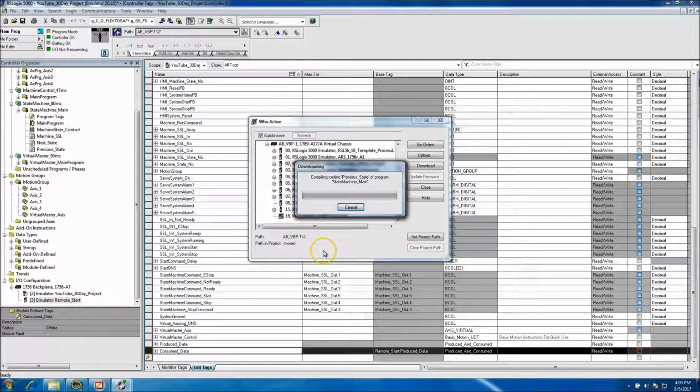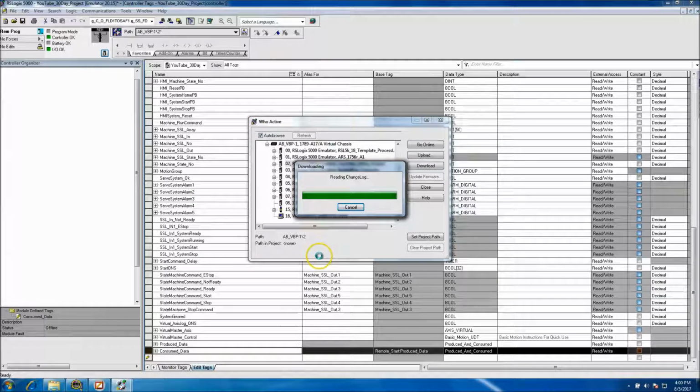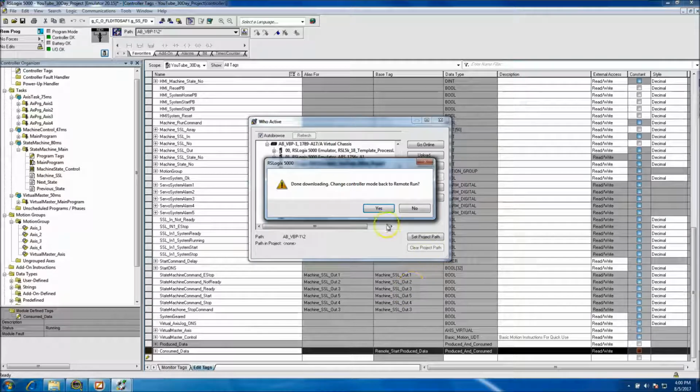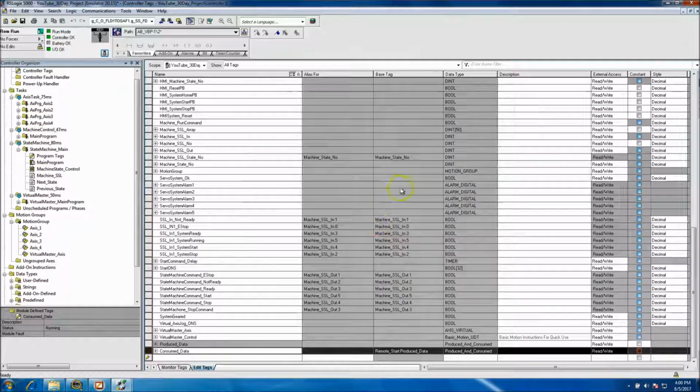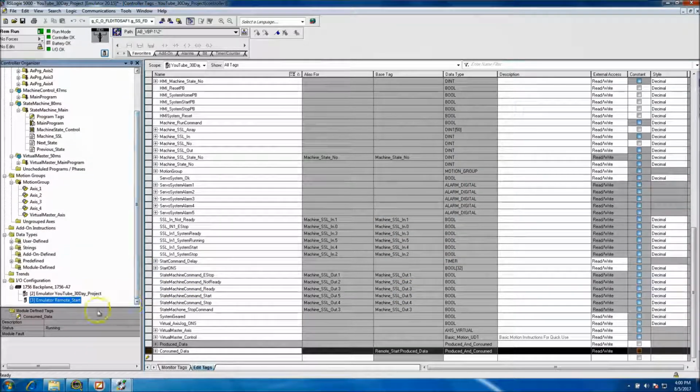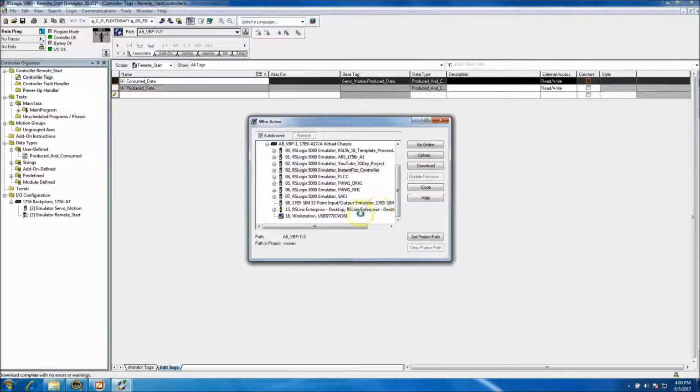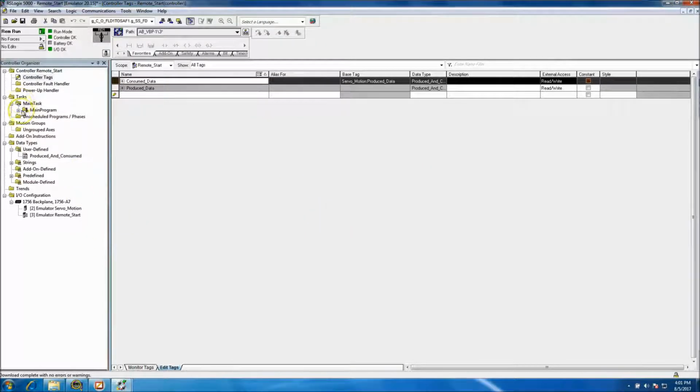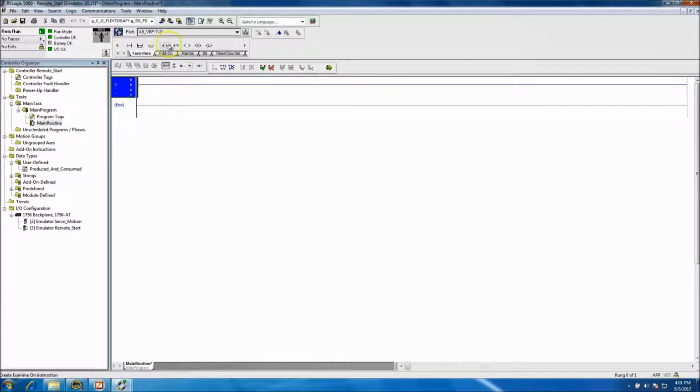And I know I'm going rather quick, but I'm trying to save your time. I know you're trying to watch this within a reasonable time period. Alright, so happy times, everything's communicating. Okay, so what I want to do is, sorry about the issue there. So what I want to do is say, make a rung right here that says